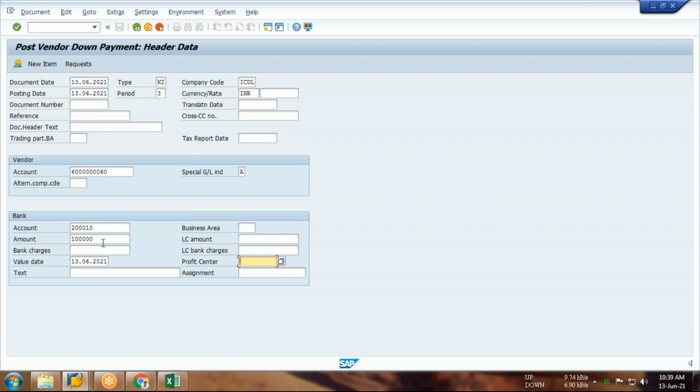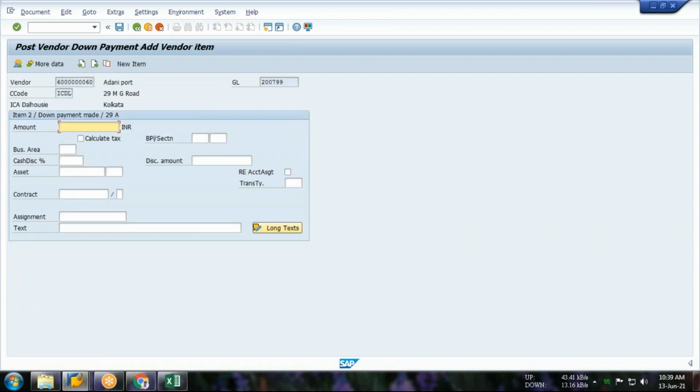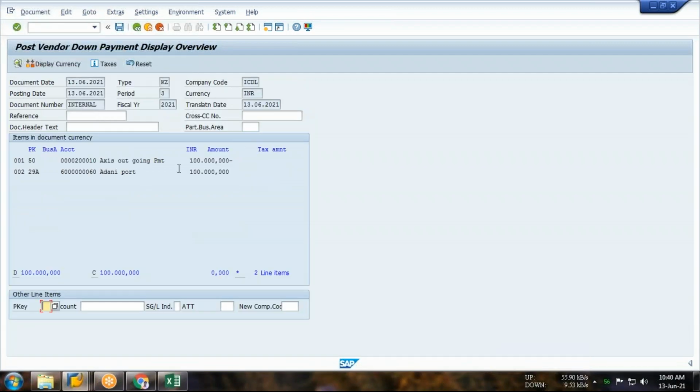So we all know that in accounts there will be equal amount debit as well as equal amount credited. So by pressing enter, we will get the next line item. Okay, you can see the item number 2. So here you have to put only the amount. Okay, and in advance we are not supposed to calculate any kind of tax or something like that, so we can ignore this part. Enter. Now click on document and simulate to check the journals for the document.